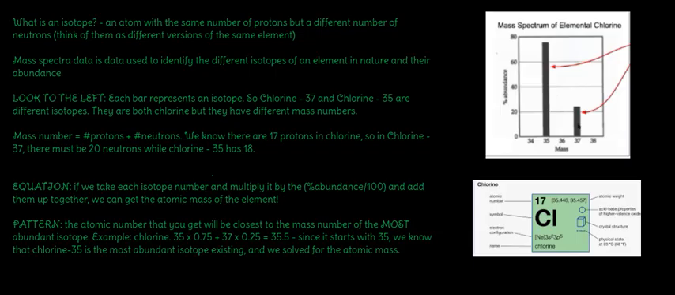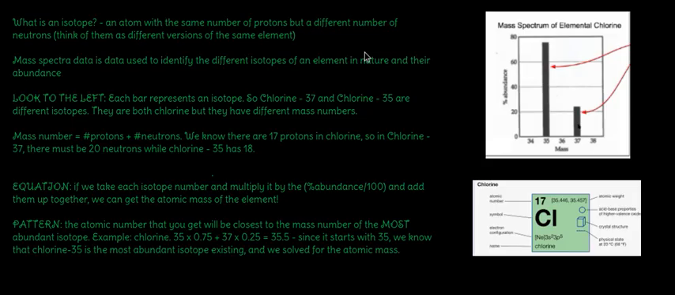So first we have to know what is an isotope. An isotope is just an atom with the same number of protons but a different number of neutrons. Think of them as different versions of the same element. So say you have the element chlorine. Chlorine is not just chlorine. When we think about chlorine, we're actually referring to a bunch of different versions of chlorine all put together into